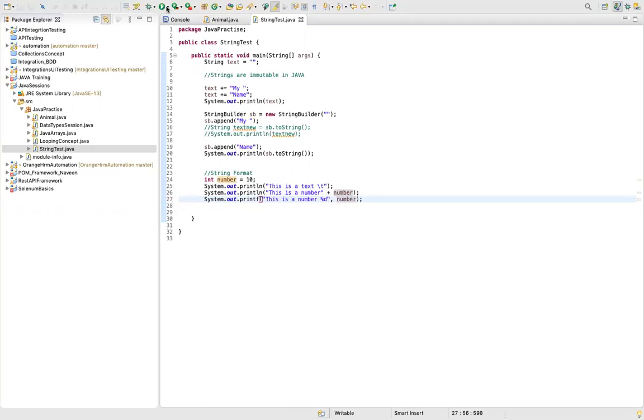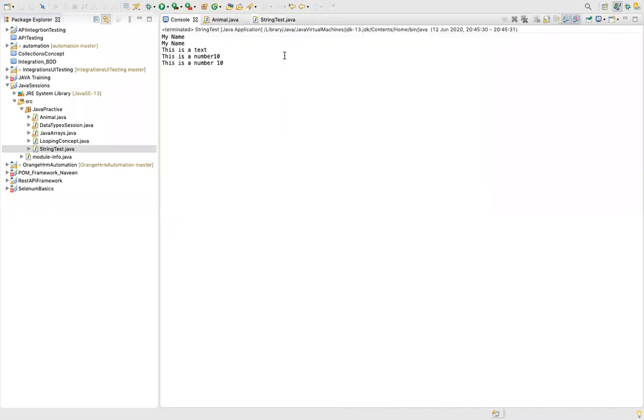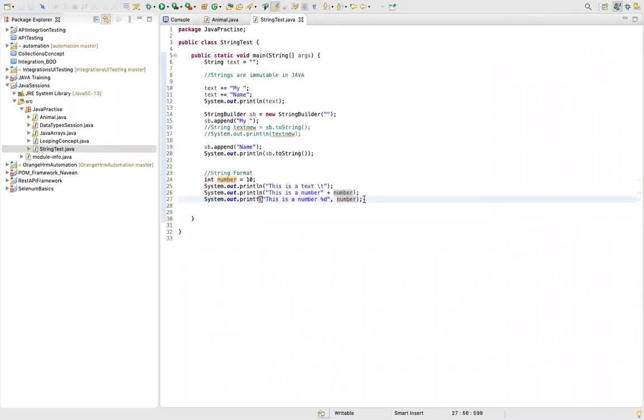Let's see what it is printing. It's printing the same thing, right? This is a number, and this is a number 10. Same. So there are two ways. One is using print line, and then you can use this plus operator. And the other way is you can format. Okay, you can use string format, and within that particular format, you can pass a number directly over here. Let's pass 100 for differentiation. That is also fine.